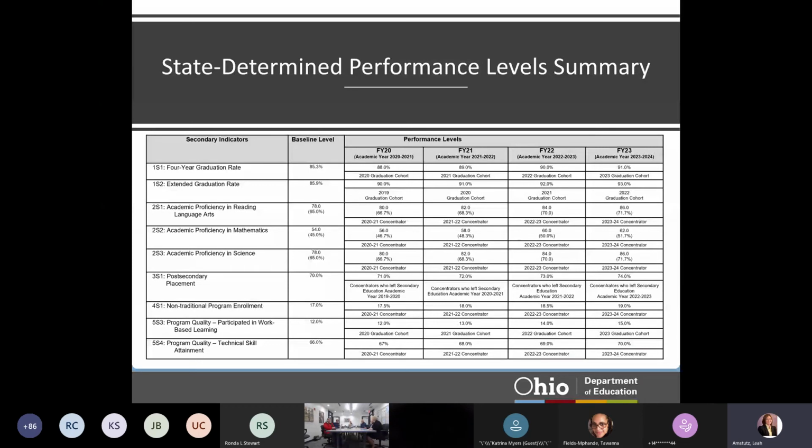So for example, for our 4-year and 5-year graduation rates, we're using the graduation cohort, and we've identified that for the FY20 year, the 4-year graduation rate is going to be the 2020 grad cohort. So this is a really good resource to have, I think, especially if you have staff that is working with looking at these performance indicators on a regular basis as part of their work, to have this table very easily